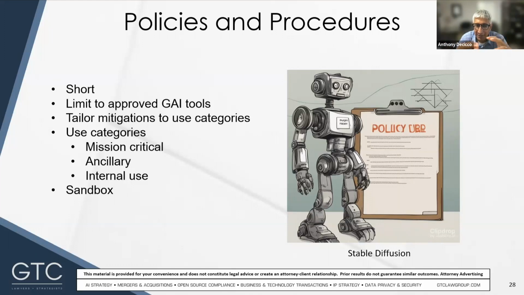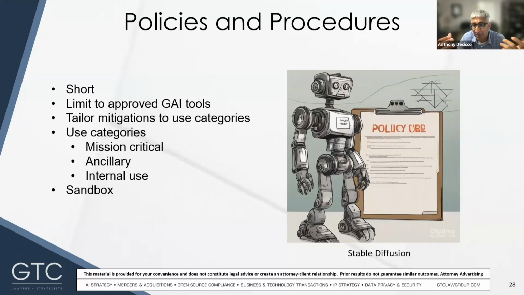And then another common category is internal use code. So it's not mission critical, it's not ancillary, and it's only used internally in the company, without any distribution, no hosting. So it could be stuff like unit test code, test stub, QA code, things like that. So then with these use cases, the mission critical code is likely higher risk and more important than the ancillary code, which is more important than the internal use code.